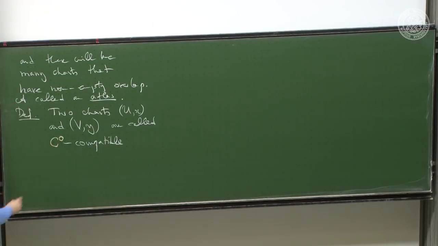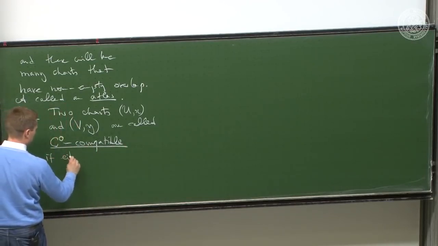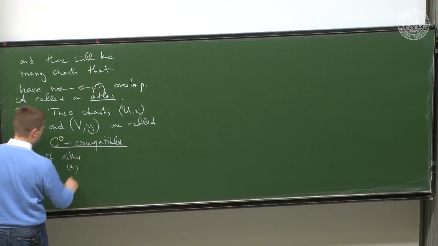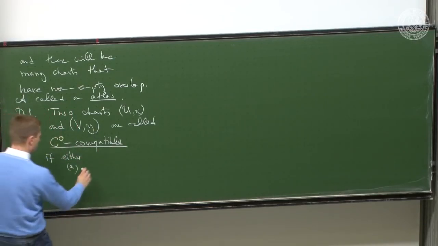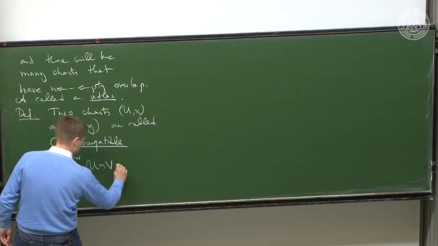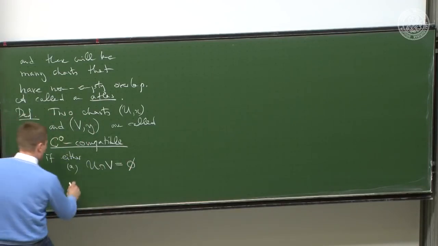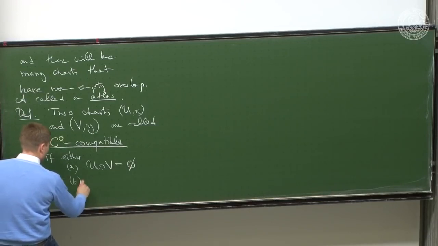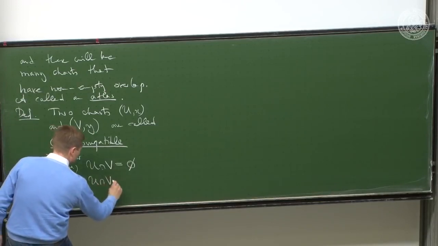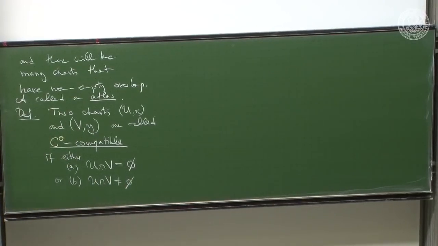But here it's just a name. It's called C0 compatible if either A, well, you're certainly compatible with someone if you never meet that person, so if U intersected V is the empty set, so if the charts do not overlap. Or B, if U intersected V is non-empty, if the charts overlap,